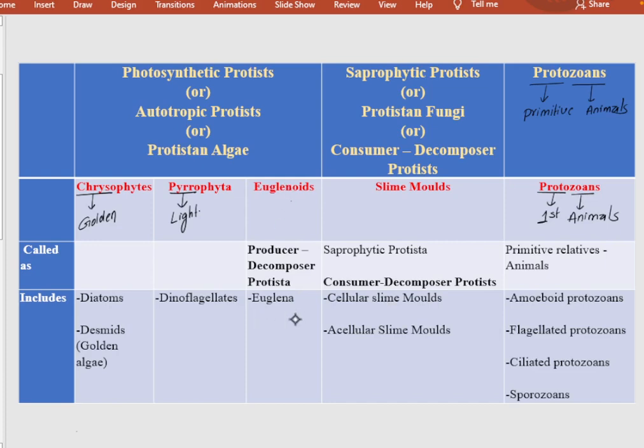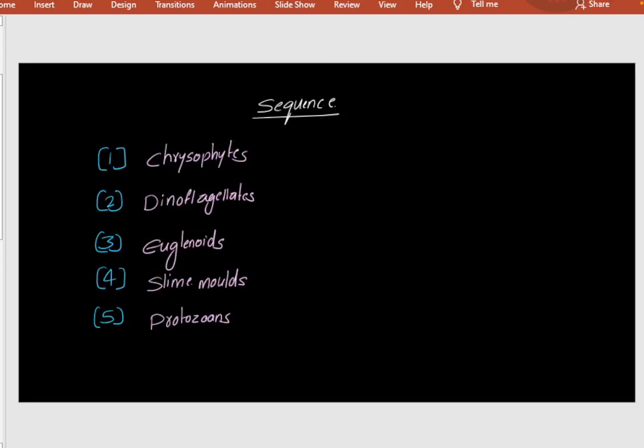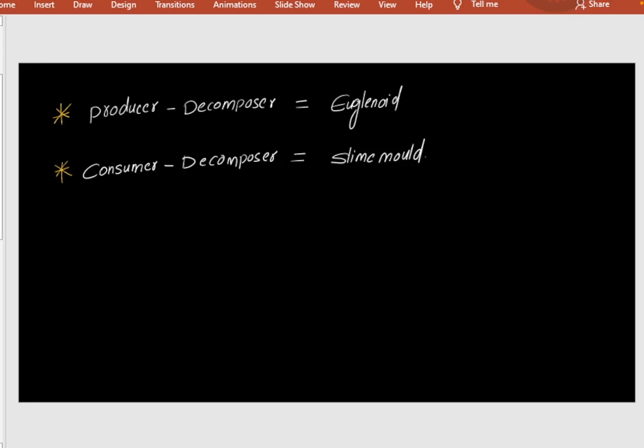In euglenoids, euglena is there. Pyrophytes: dinoflagellates, chrysophytes, diatoms and desmids. So after this, I told you, please remember the sequence: chrysophytes first, dinoflagellates, euglenoids, slime molds and protozoans. If you remember this sequence, so